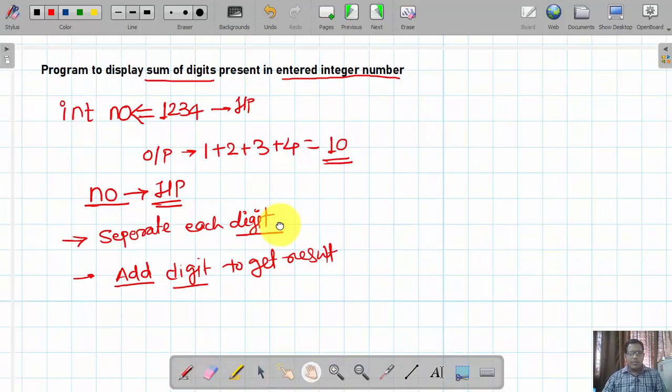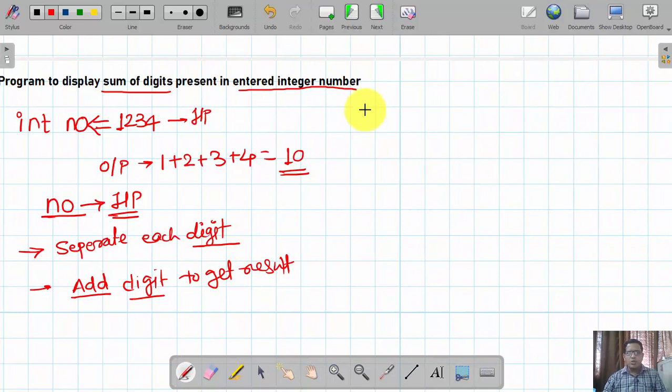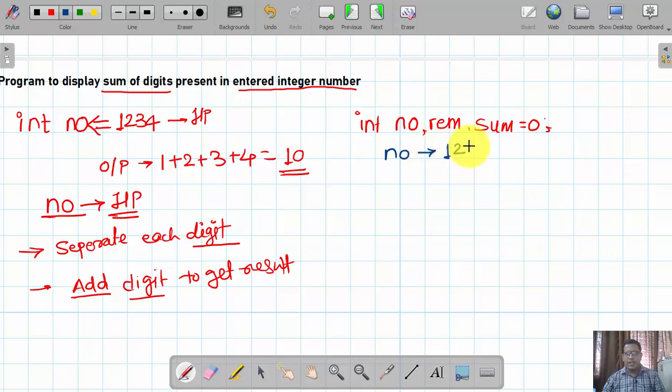Fine. So to do the same, in short, I am going to make use of these variables. My first variable is integer, say number. To hold the separated digit, I am going to declare one more variable, which I am going to call rem, and to produce the sum I am going to declare one more variable, that is sum, with the initial value as 0. Right. So suppose, just to discuss it again, I am going to take an input number, say my number is 123. Now how am I going to proceed for this?